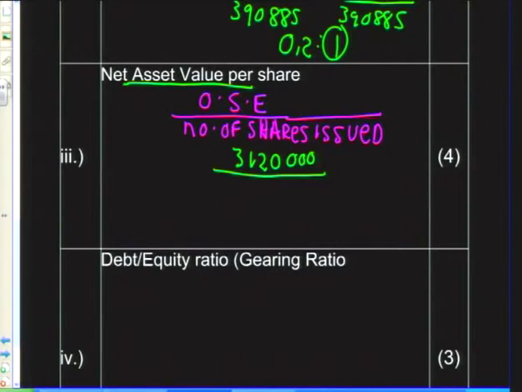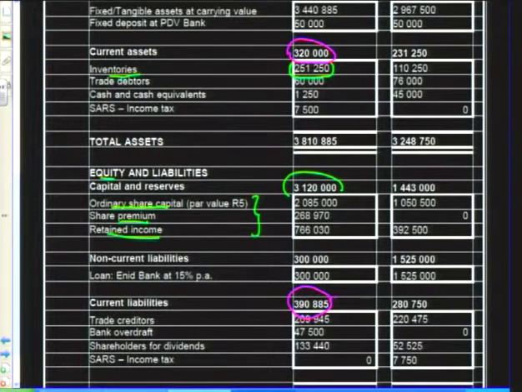I'm now going to divide this by number of shares issued. Now remember, I mentioned this. How do I get number of shares issued? In order to get number of shares issued, I'm going to take my ordinary share capital and divide this by my par value to see the actual number of shares issued. And I'm just going to write here, this is always at the end of the financial year. So let's go back to our balance sheet. My ordinary share capital is given to me. Let's just quickly get a different color pen. So that's my ordinary share capital,